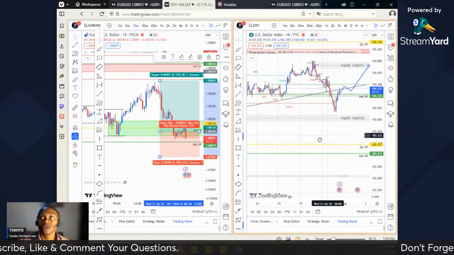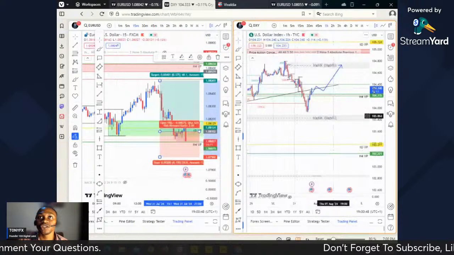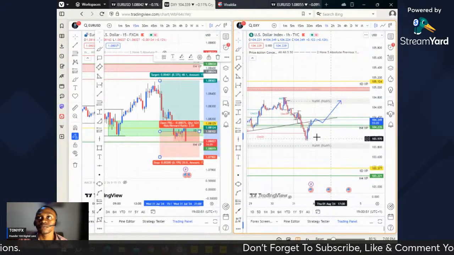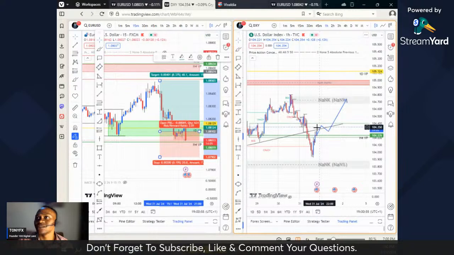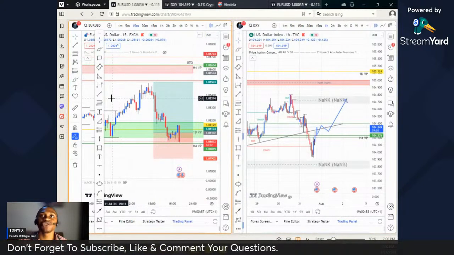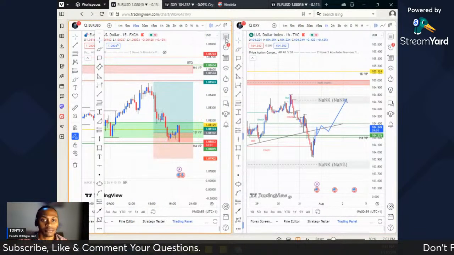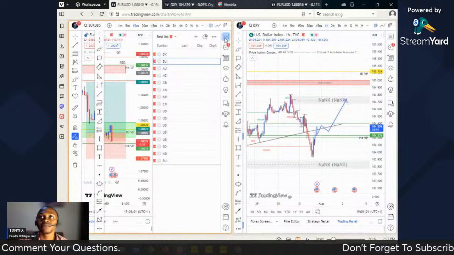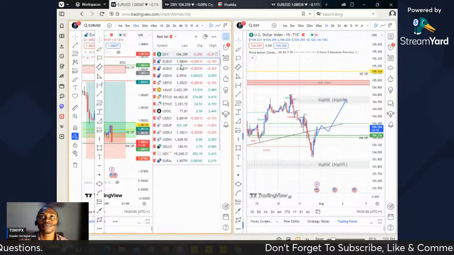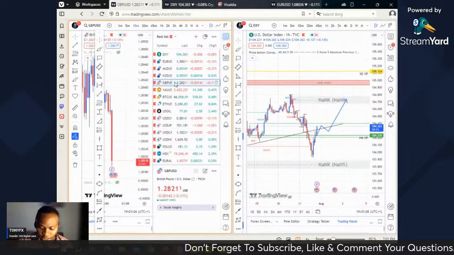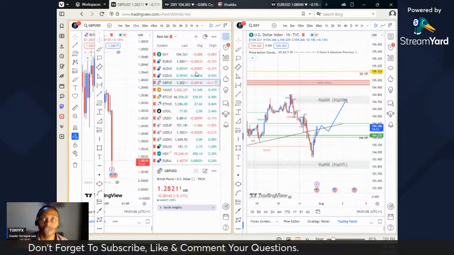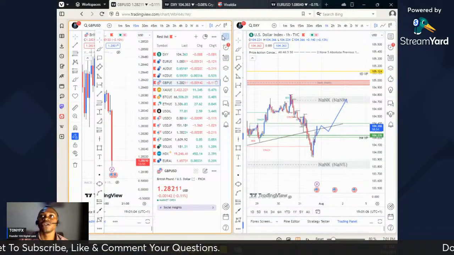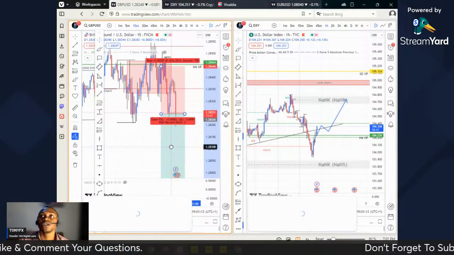Okay, they left the interest rate unchanged. So I'm expecting dollar to lose strength, but it's gaining strength instead. Let's see what GBPUSD is doing. They left the interest rate unchanged, so it is likely to be a good pair.